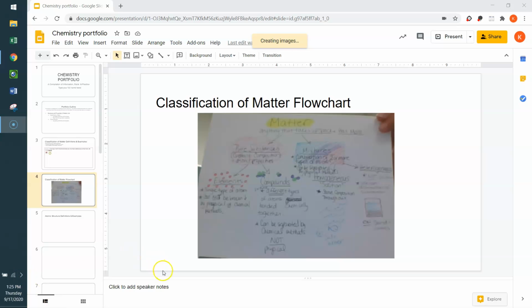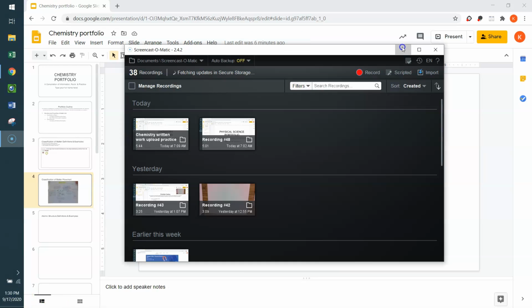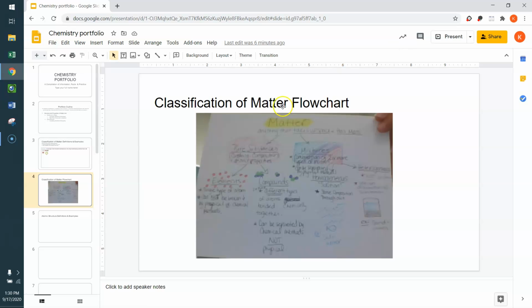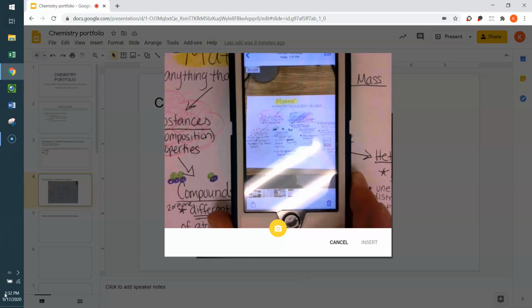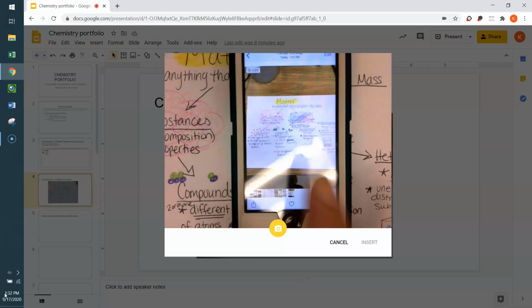what you would want to do is line your phone up over what you want to snap a photo of. Okay, so let's say you've used your phone and you've snapped a pretty sweet little photo of the work you want to upload. Okay. What you're going to want to do is go down here to this little thing right here,